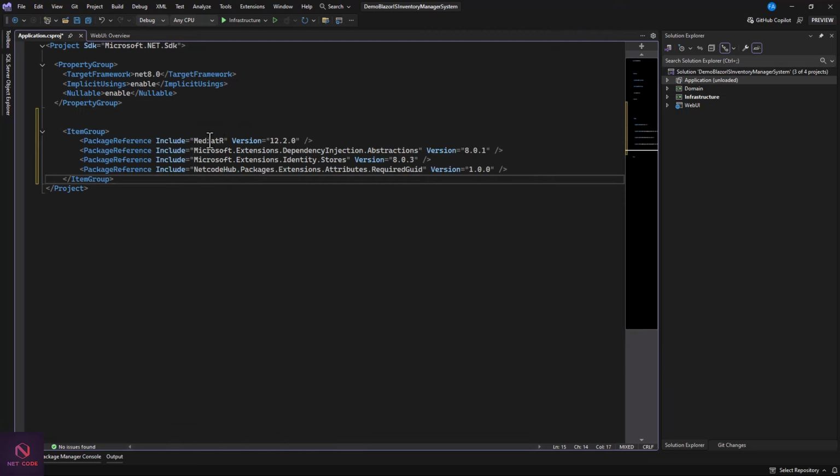We're going to be using mediator. We need this dependency injection abstraction, so we can create a service container or dependency injection. We need identity store for extension of application user or identity user. Then we need the Netcode-Hub